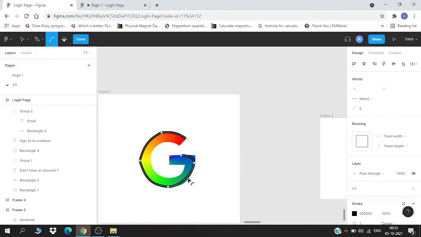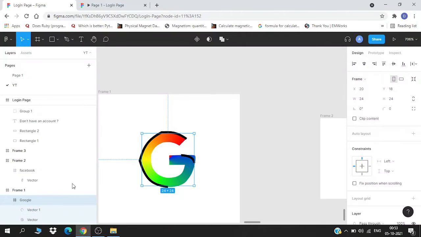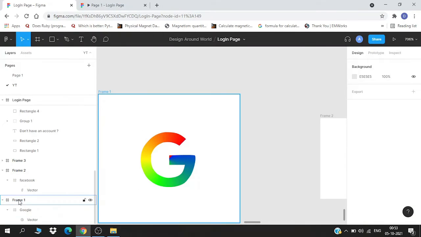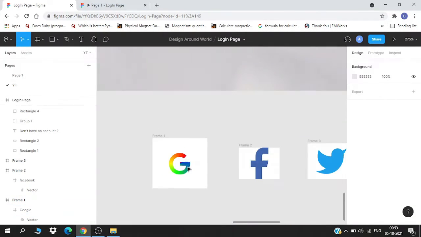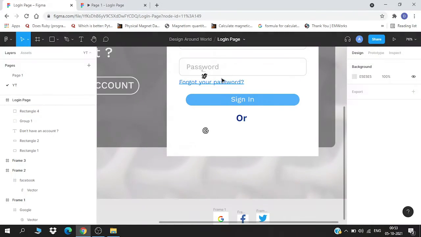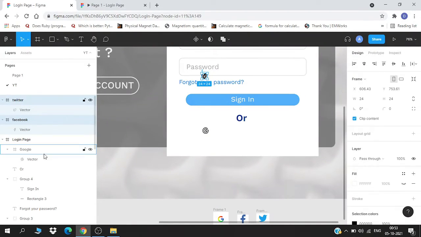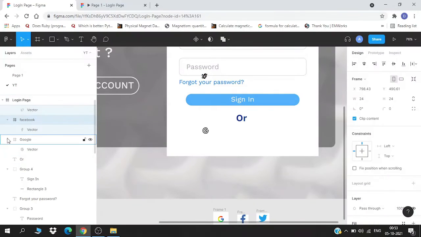So I'm going to delete this one. I don't need it. Where is this vector? No, I'm going to delete this vector. Okay, we are going to use this, and now we have the three icons. Where are the other two? Okay, I'll take them in this frame with the Google.